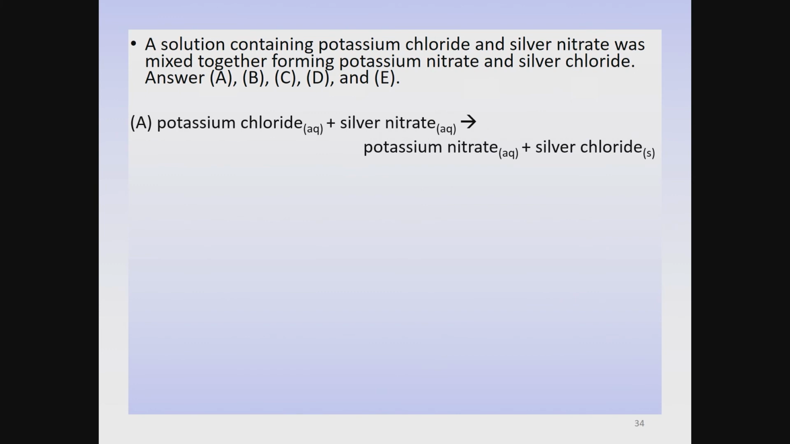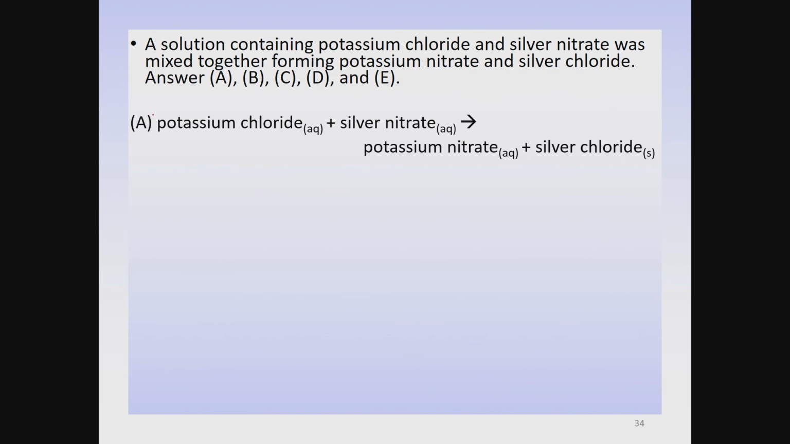It says potassium chloride and silver nitrate are mixed together in solution, so it's an aqueous solution, and they form the product compounds, potassium nitrate and silver chloride. And so we have a word equation that describes this. So let's again describe what has happened here so that you understand the relationship between the products and